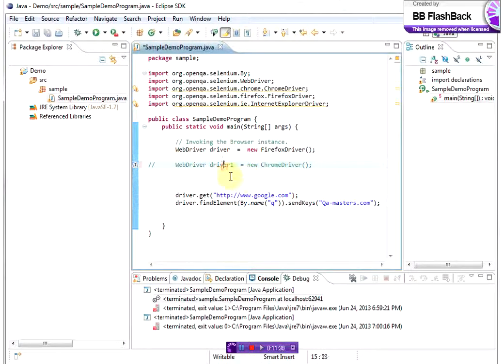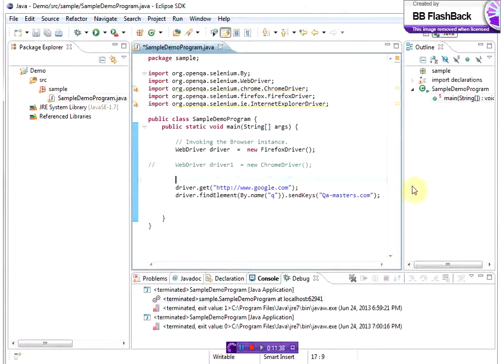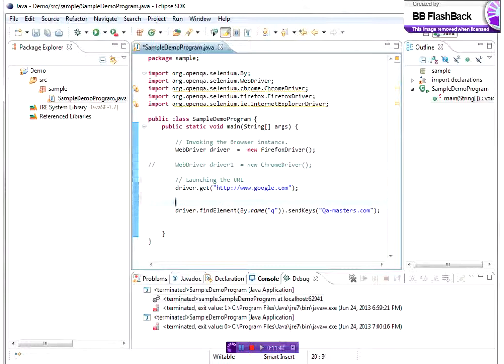I'll be showing you a sample program to launch google.com, which is the URL the user is interested in launching, and the next step is sending in some keys, like typing qa-masters.com in the Google search bar, keying some text in the search bar of the Google homepage.